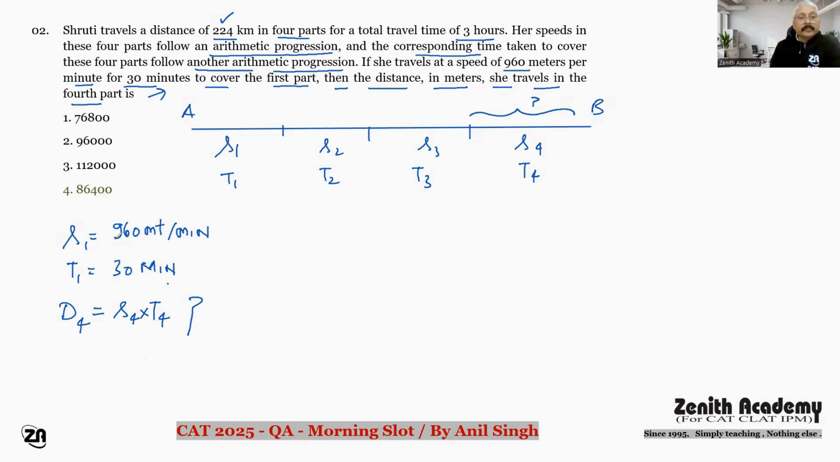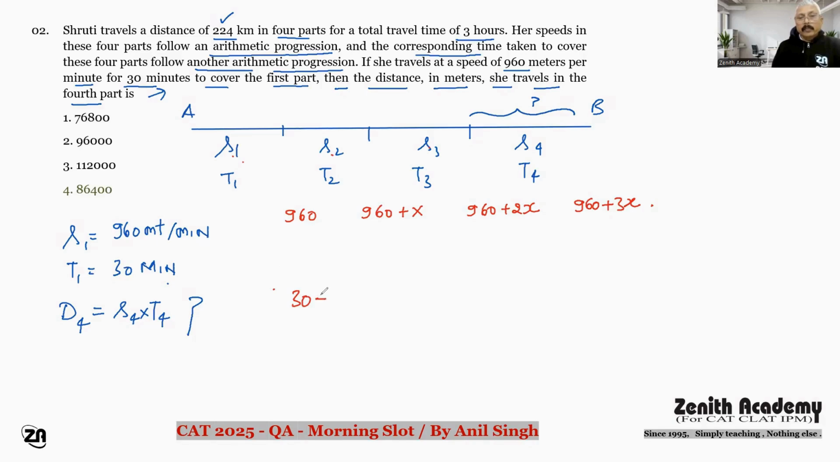Now see, if it is S1 960 meter and S1, S2, S3, S4, all these four parts make an arithmetic progression. So suppose this S1 is 960, then this is going to be 960 plus X, and S3 is going to be 960 plus 2X, and S4 is 960 plus 3X. Okay, similarly here T1 is given 30 minutes, so if it is 30,